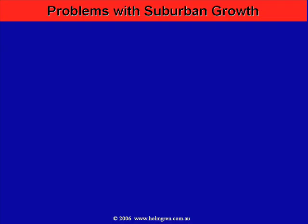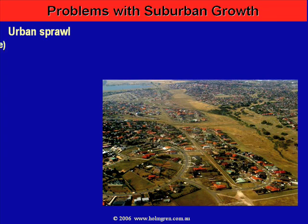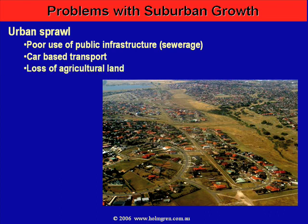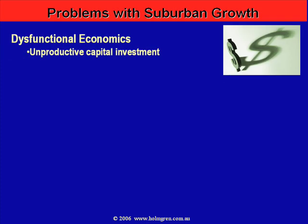So how does this express itself when we look at the wider society? Of course, urban sprawl involved the poor use of public infrastructure. Sewerage systems are really supporting very low densities of population, car-based transport, loss of agricultural land. The problems were also in terms of dysfunctional economies, huge unproductive capital investment, enormous amount of society's wealth basically invested in something that's not really